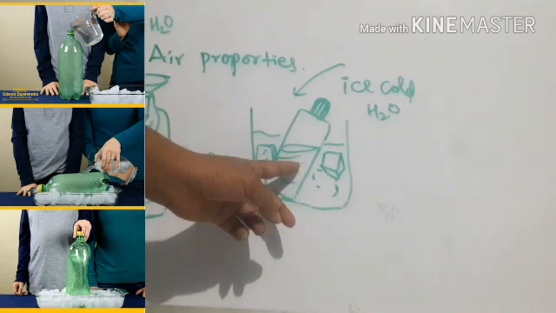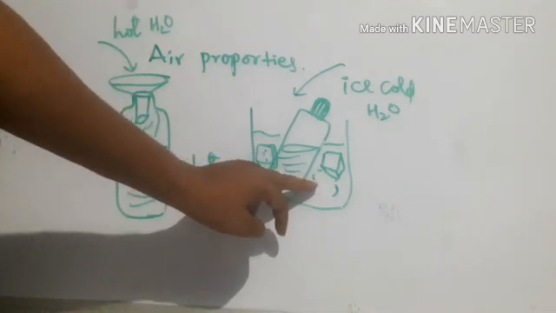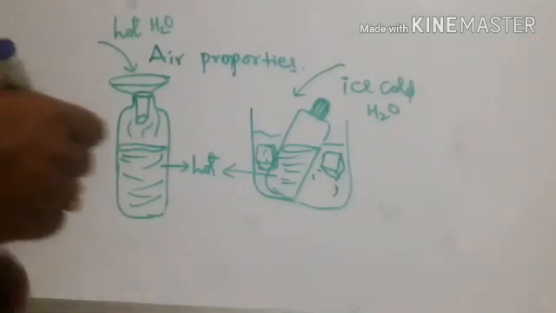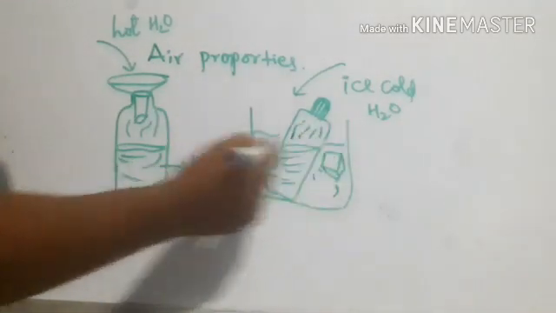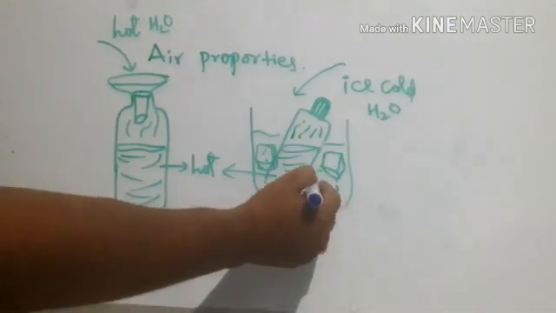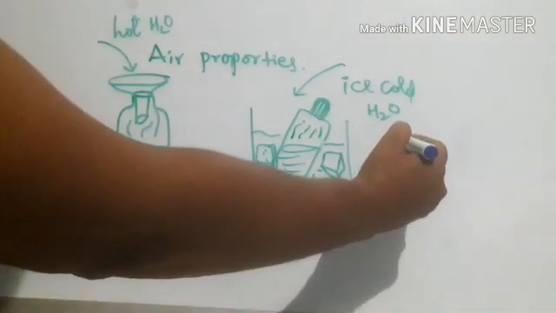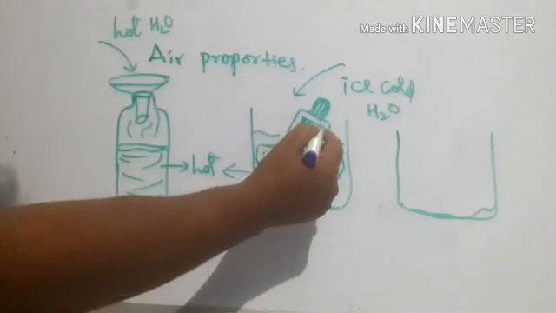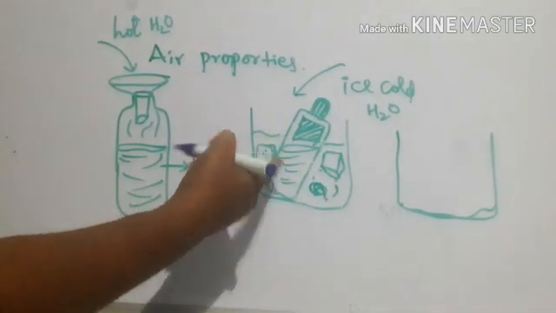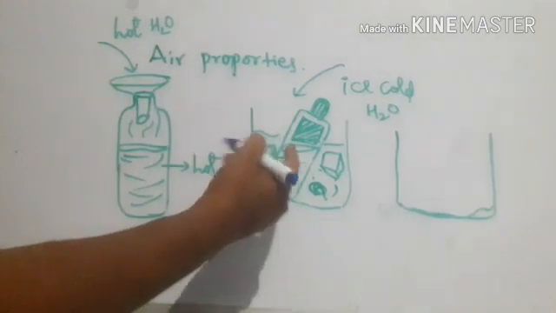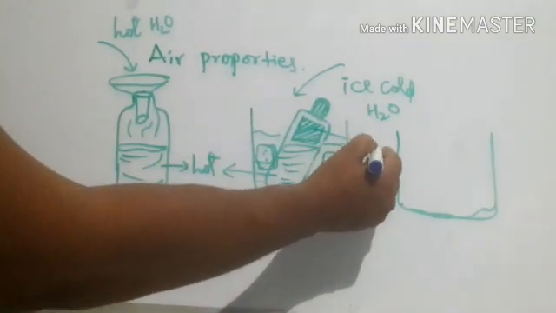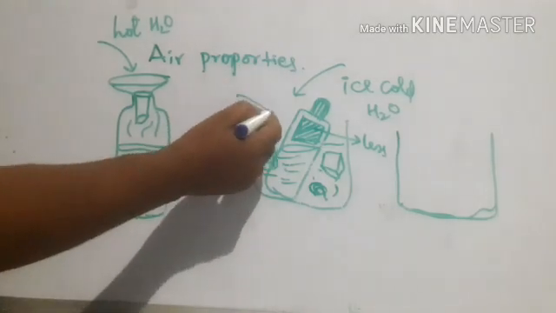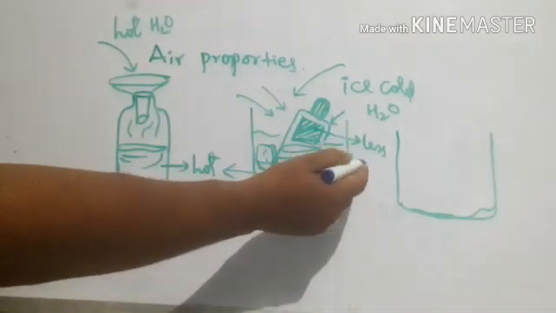Here inside the water bottle there is hot water and outside it is very cool water, right? Then what happens? Whatever steam or vapor is there inside, because of the coolness of the water, it condenses. When it condenses, there will be an air gap inside the bottle. This air gap is very small when compared to the air gap present here.